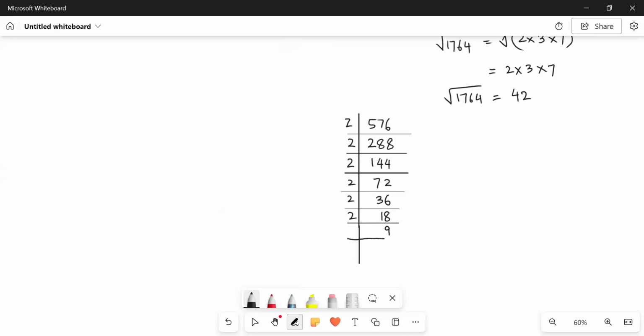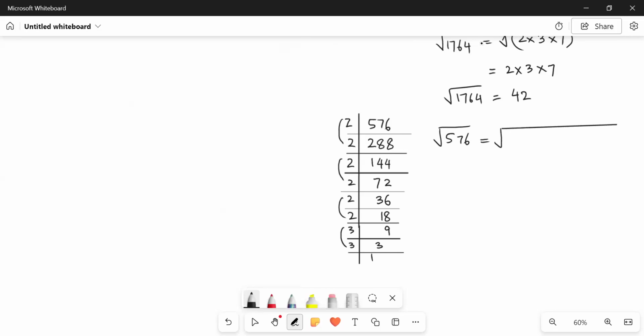And now we are going to divide it by 3 because 3 is a factor of 9. So 3 3s are 9, 3 1s are 3. This was the first step. We have found the prime factors of 576. Now we have to make their pairs. So you see, the complete pairs are provided over here. It means that 576 is again a perfect square.